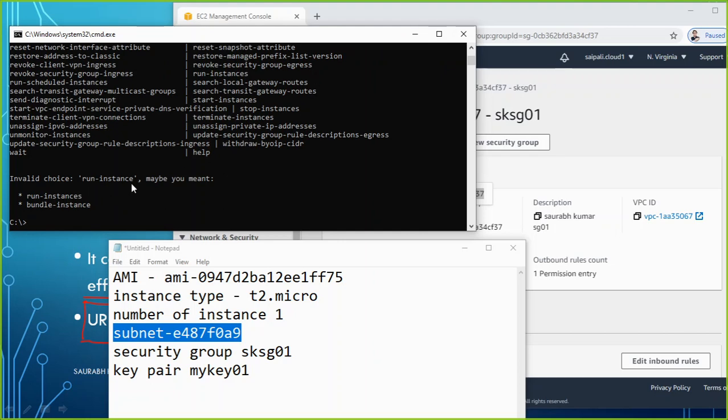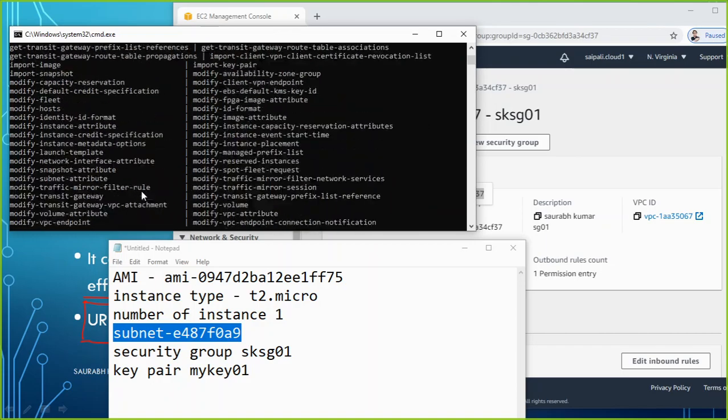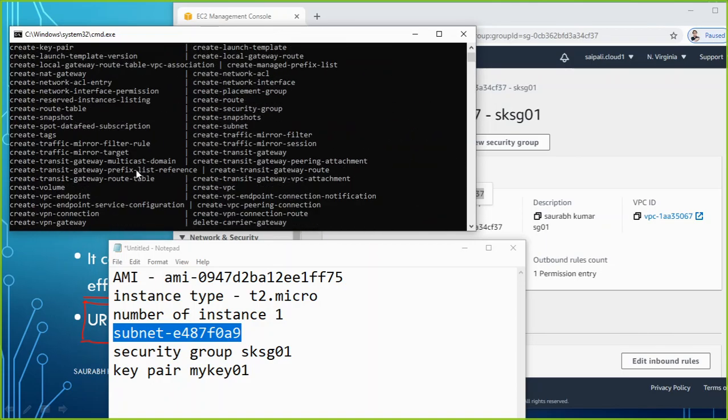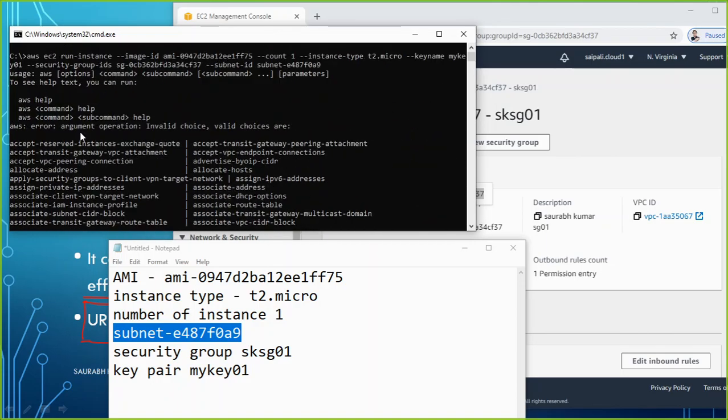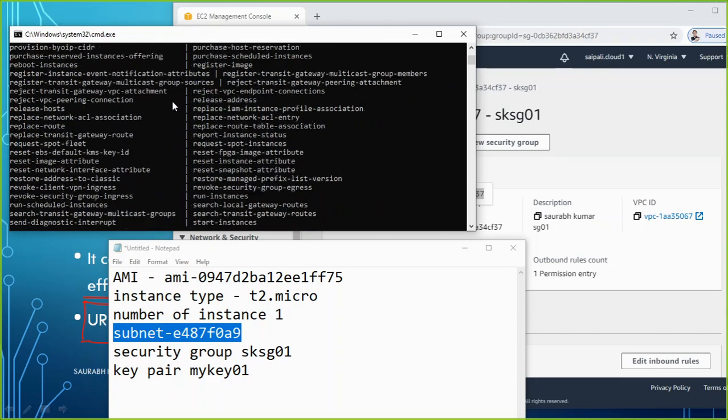Oh, something wrong. Let me just verify what is wrong here, what command I have used wrong. So AWS EC2 run-instance. So what is the error it is telling me?